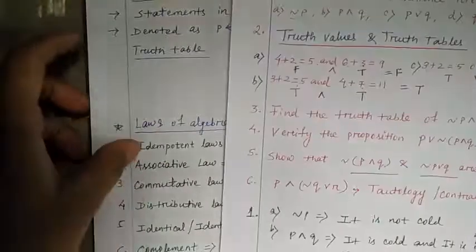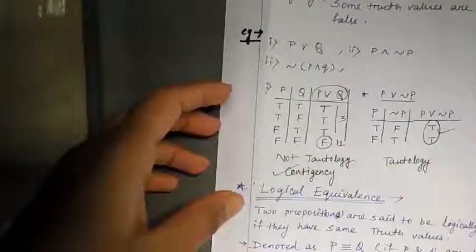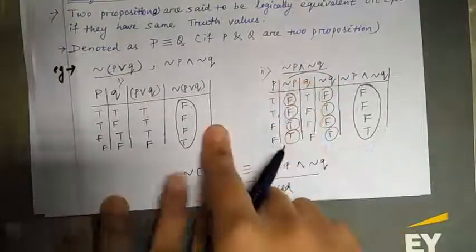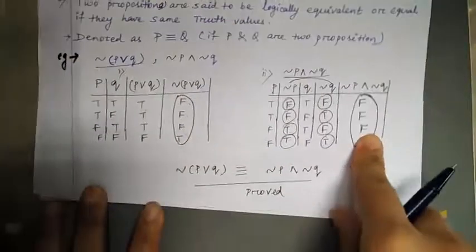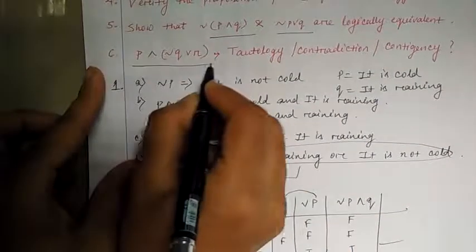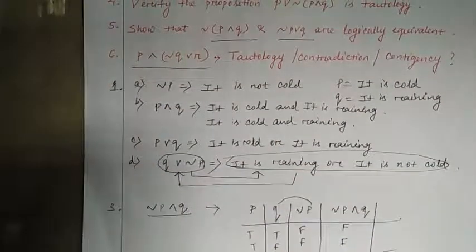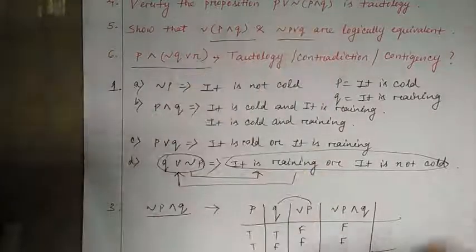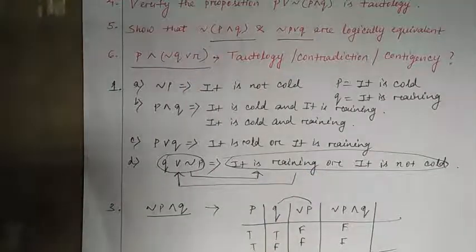But when I gave you the first example, this one, these two, you got exactly the same truth values in both the equations, so these are logically equivalent. But here it is not. And the last question is, you have to show whether this is a tautology, contradiction or contingency. The same way we have done for the previous question, you have to take 3 columns. So for P, Q, R, it will have 8 inputs.